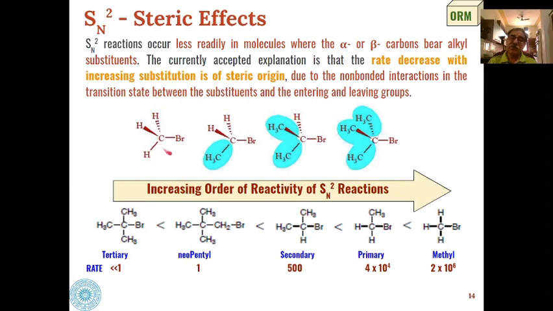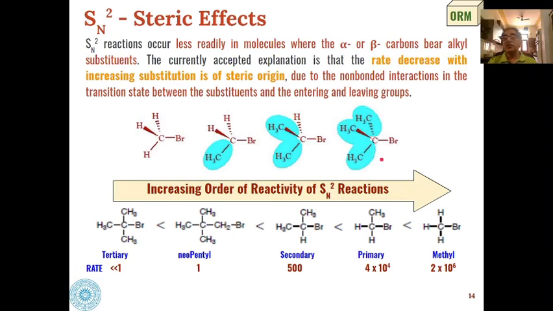a bulkier methyl, then because the nucleophile is to approach from the back side, as we move from here to here, I replace two hydrogens by two bulkier methyl groups. In this case I have replaced all three hydrogens by three bulkier methyl groups. We can see over here that the possibility of the nucleophile getting attached to this carbon from this side becomes more and more difficult as we move from unsubstituted to monosubstituted to disubstituted to trisubstituted substrates.